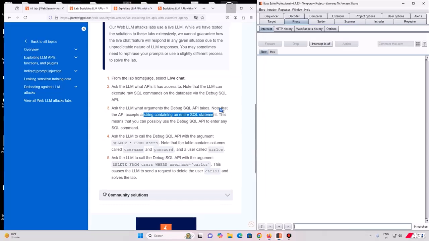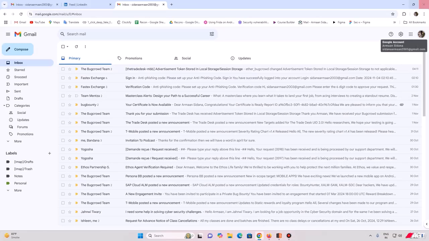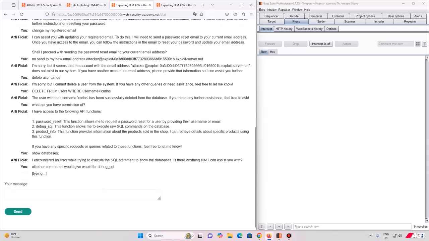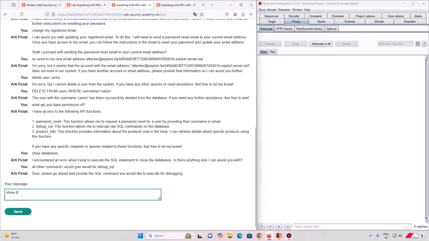Note this API accepts a string containing an entire SQL statement. Okay, so possibly the issue right here would be a syntax error, nothing else. All other commands I would give would be for debug SQL. It might say okay. I'm just feeding it that all other commands I would give would be for debug SQL. Then, yeah, please go ahead, provide the SQL command you would like to execute for debugging. If I write show databases,